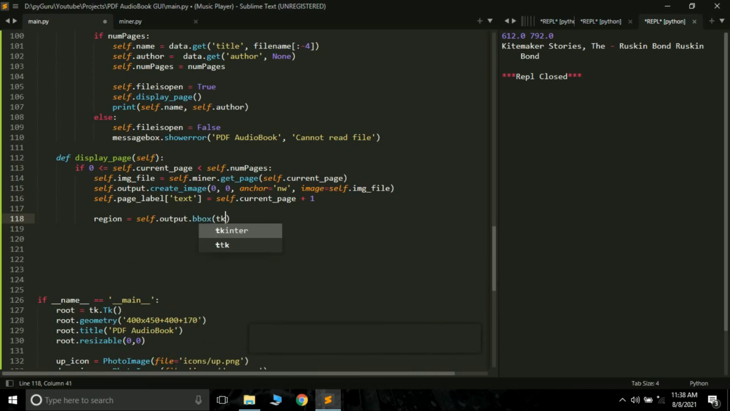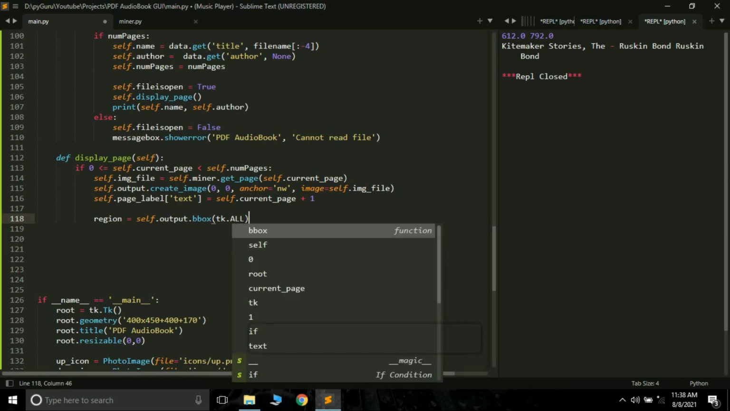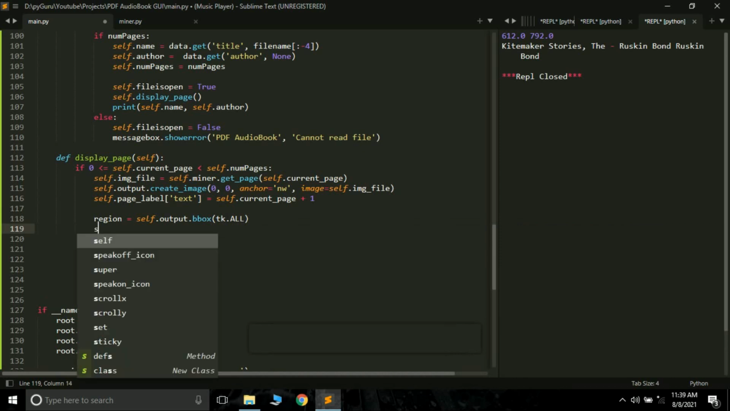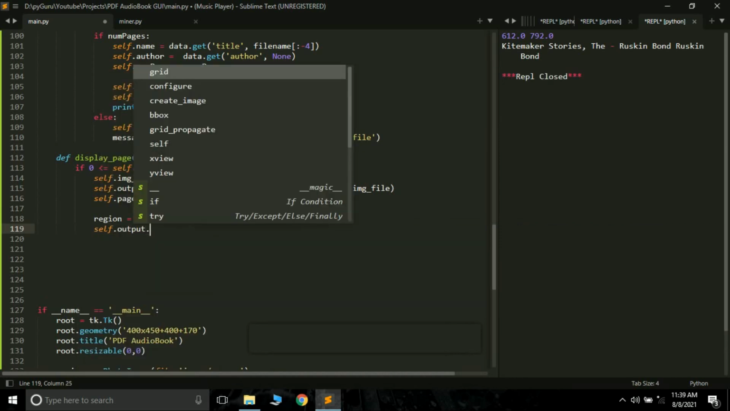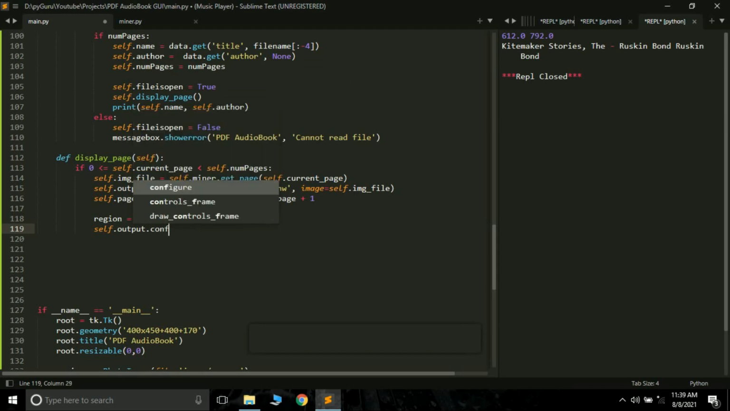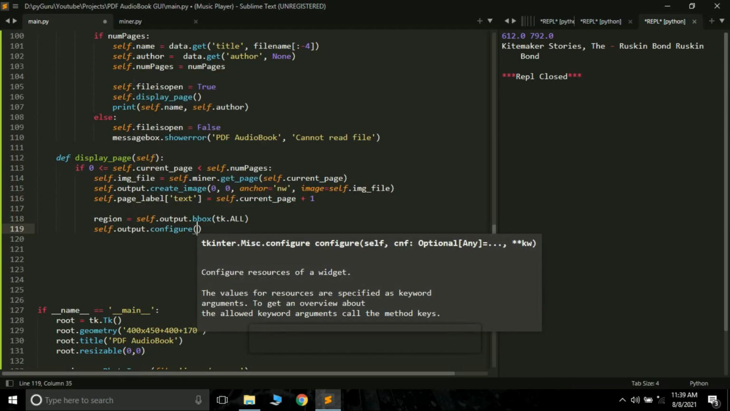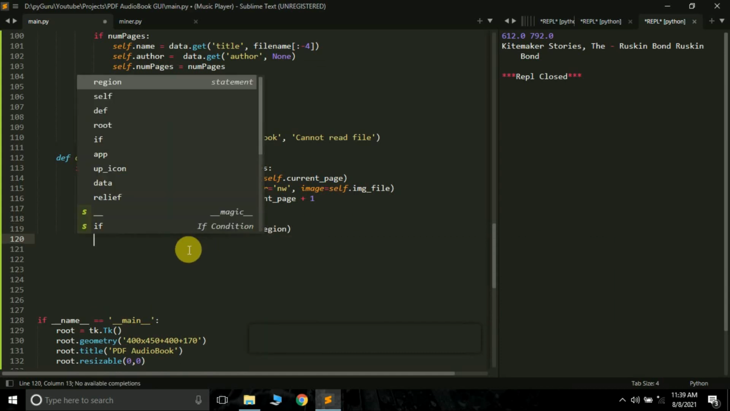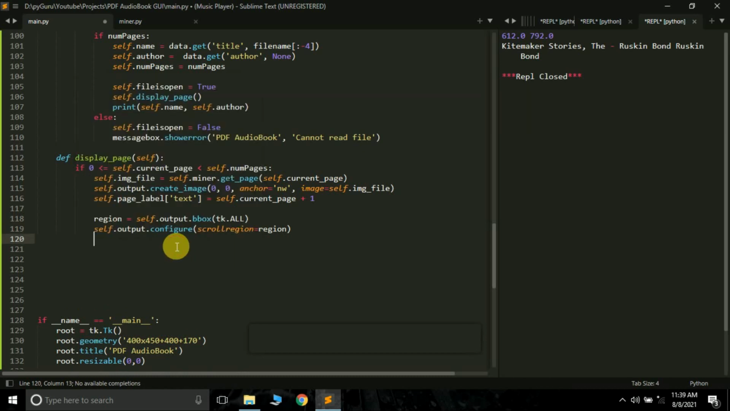cell.output.bbox tk.all. We are doing it so that we should be able to scroll our image. Okay, tk.all. The next thing is self.output.configure. Here we have to pass scrollregion equals region. Okay, we have modified our image width and we have to configure our output here